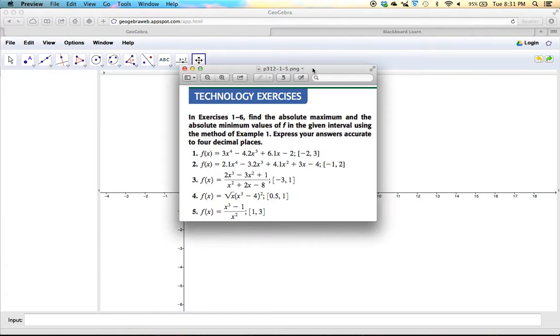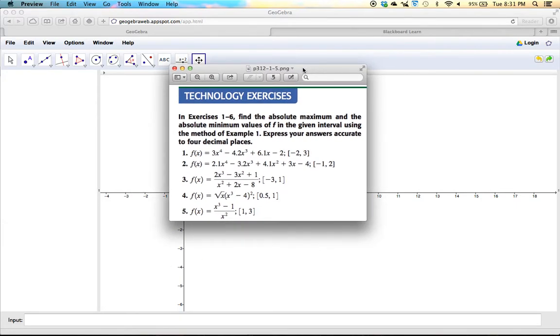For our discussion forum this week, we're going to again practice with some online technology. This app that we're going to use is called GeoGebra. We're going to use the GeoGebra web app. It's going to help us not only graph a function, but also locate the absolute max and minimum values on a closed interval. We're working on page 312, and I'm going to use GeoGebra to help me do problem 3